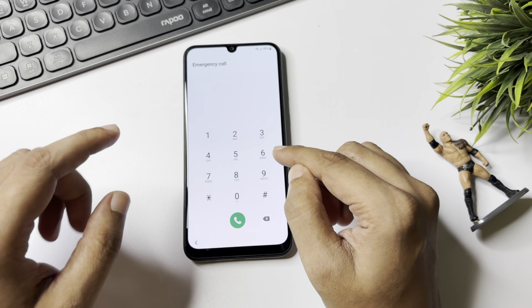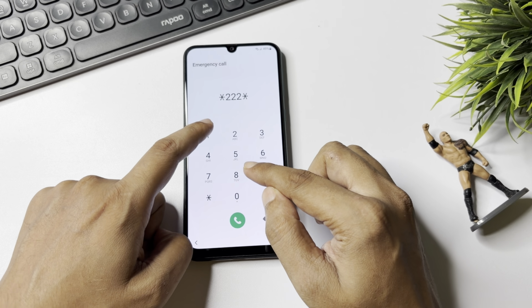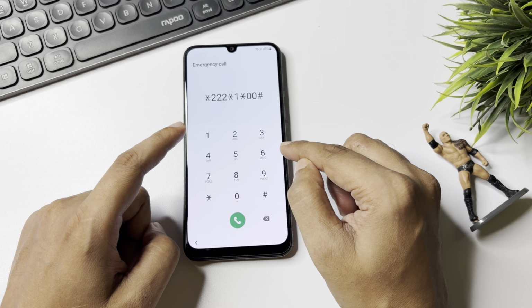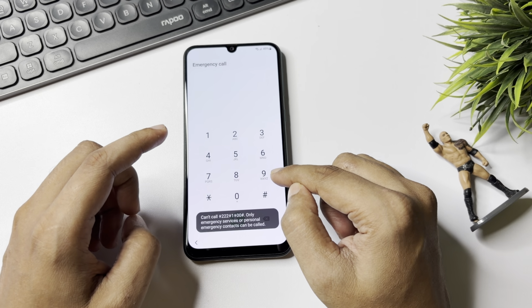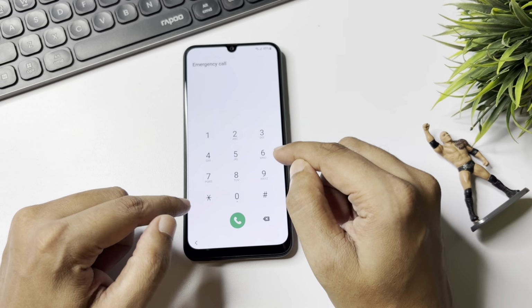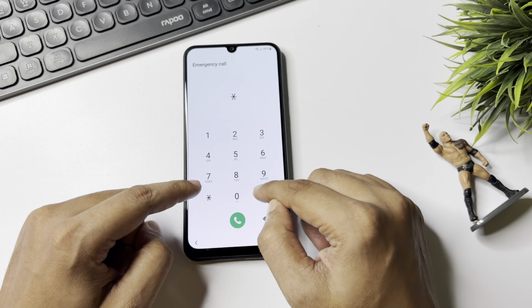When you tap on emergency call, you have to dial a USSD, that is star triple two, star one star double zero, then hash. You have to tap on this USSD and then tap on the call option. When you tap on the call option, the USSD number will disappear. Now after that, you have to type another USSD, that is star hash zero